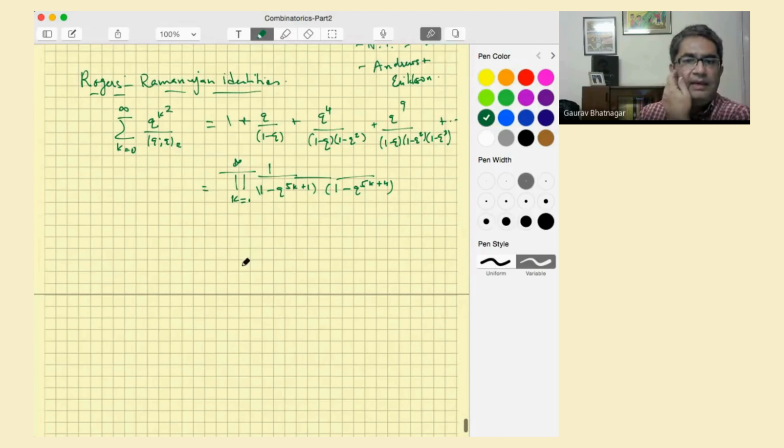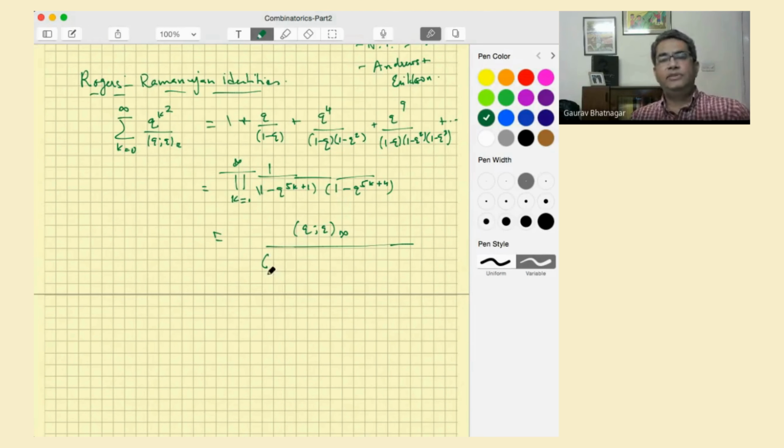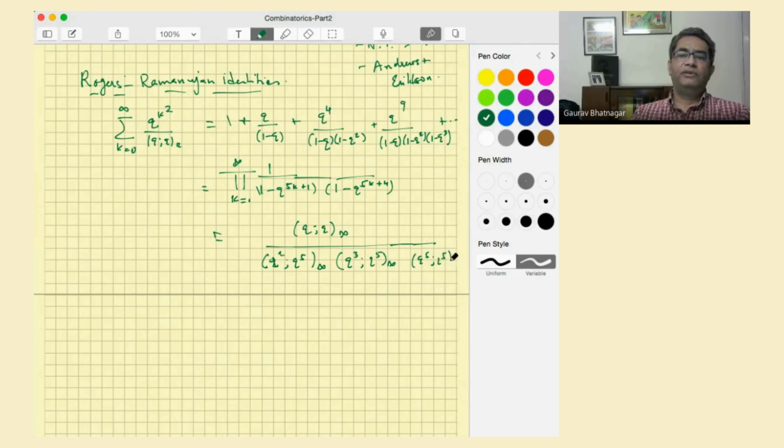And in our terminology, they can be written as this. This is all 1 minus q, 1 minus q squared, and you divide by some things which are not there. So divide by q squared, q raised to 5 infinity, q cubed, q raised to 5 infinity, and q raised to 5, q raised to 5. And then this is RR1, and RR2 is